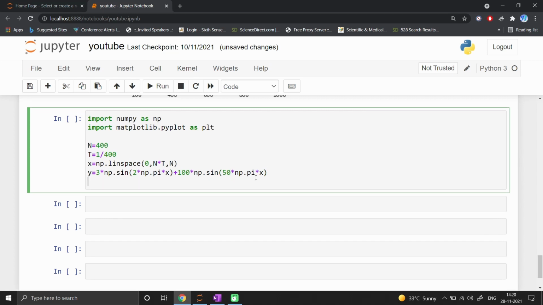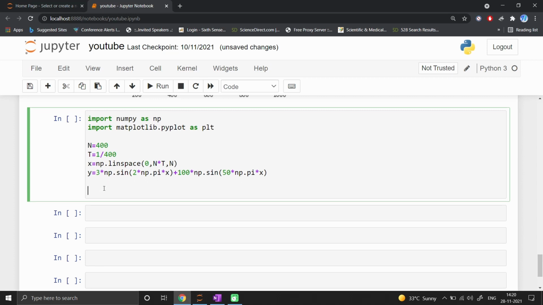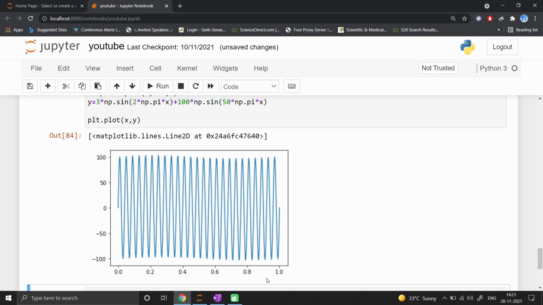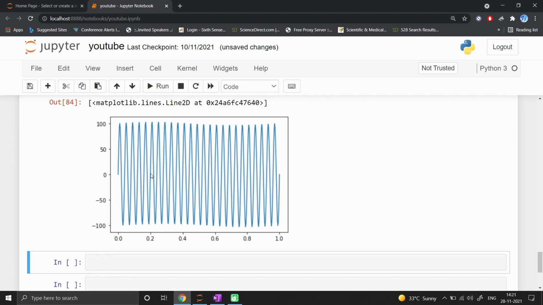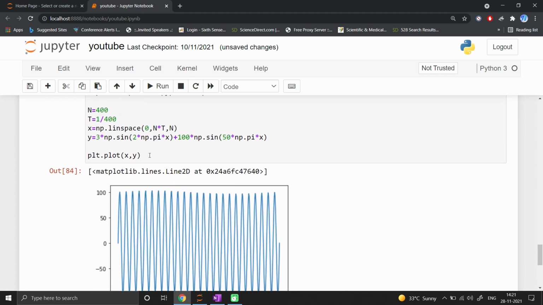It is my function for this vibration equation or any equation. If I plot plt.plot x comma y and run this code, I get this time versus acceleration curve. Now we'll convert this data into an FFT curve.